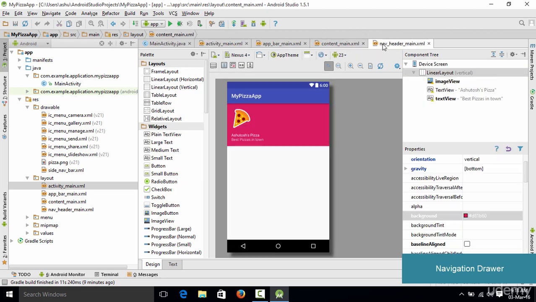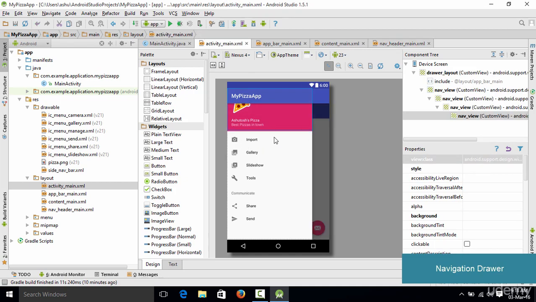That's it for this tutorial, and in this tutorial we learned how to design this top section of the navigation drawer, and you could also make relevant changes as you want. If you want to change the color to your choice, you could do so. I hope you guys understood what a navigation drawer is and what some of the elements inside the navigation drawer are. In the next tutorial we'll be discussing more elements about the navigation drawer, and we are going to design this part right here. We are going to change these things, as well as remove these icons right here.